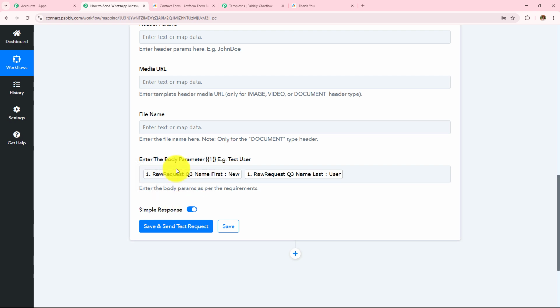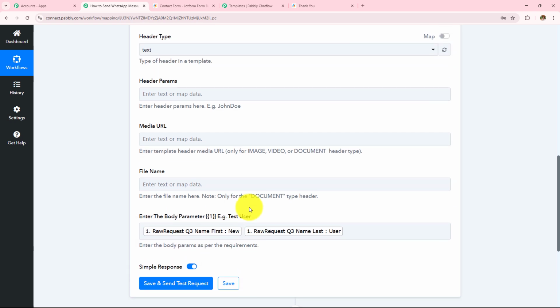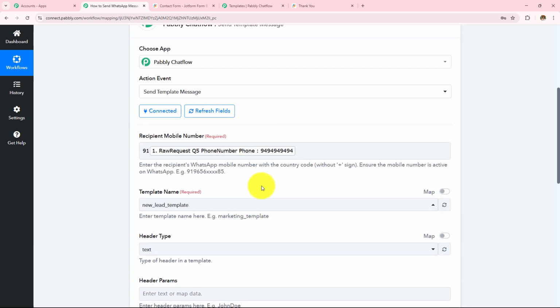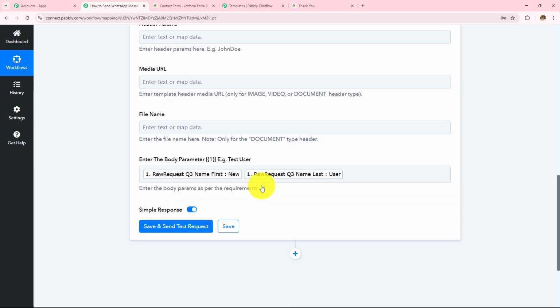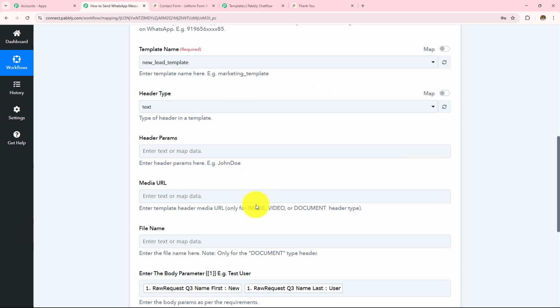Now over here, mapping is important so that every time you receive a new response, it is taken into consideration in these fields. Manually entering the data will make these fields static, and the information will not change even if you have received the new response. Over here, if I manually enter any detail, this field will become static, and every time I receive a new response, the result will not change. So as to keep these fields dynamic, we use this process mapping instead of manually entering the details.